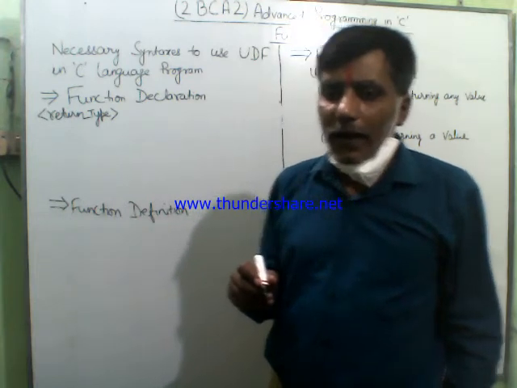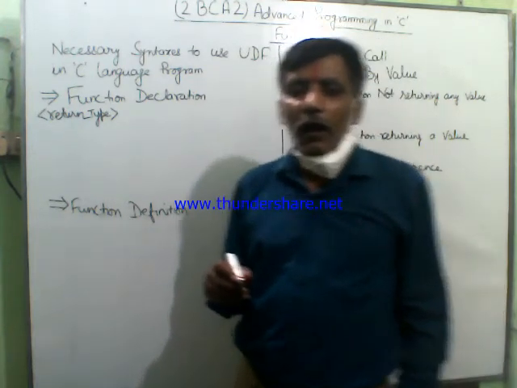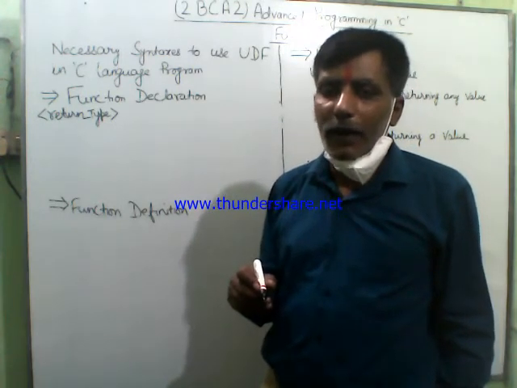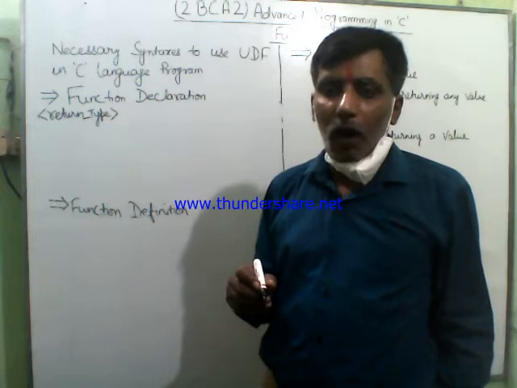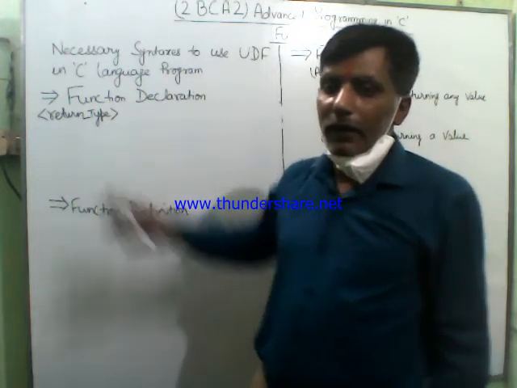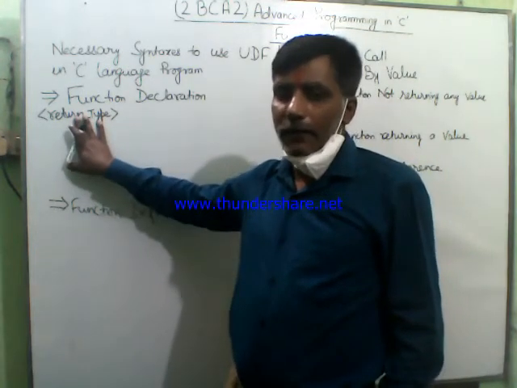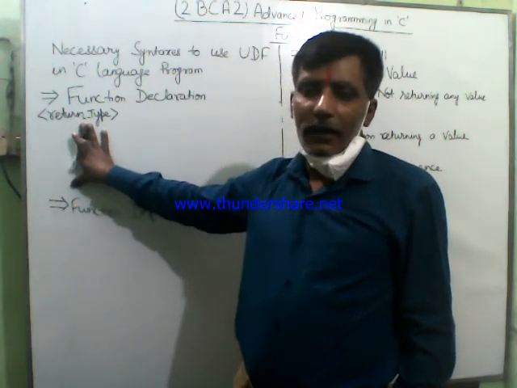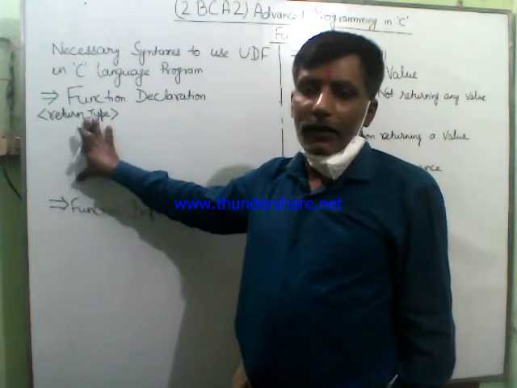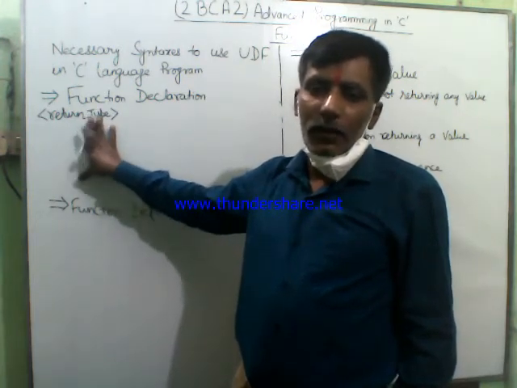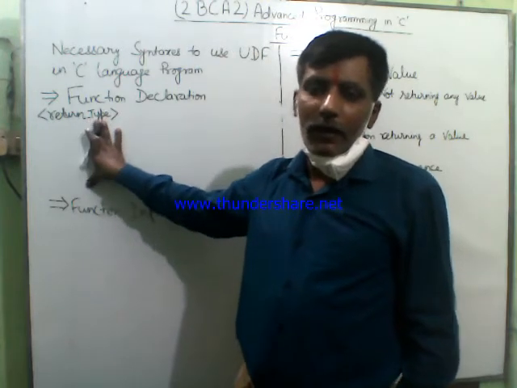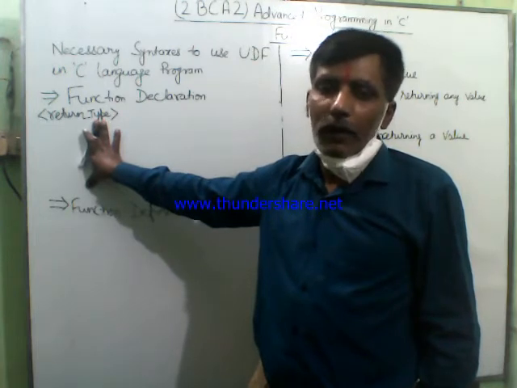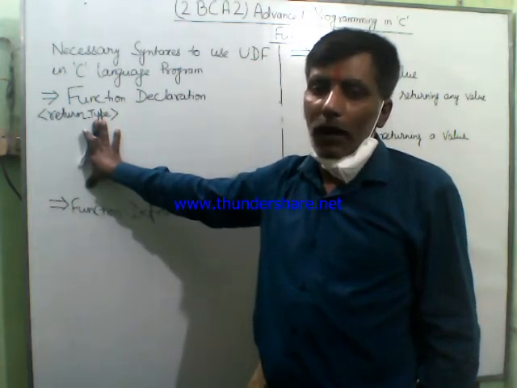In place of return type, you can use any of the predefined data type or any of the user defined data type that you have created in the program, or you may write here the C language keyword void. If you are writing here void, this means that it will tell the compiler that the user defined function used by the programmer is not returning any value at that particular location where the user defined function has been called in the program.